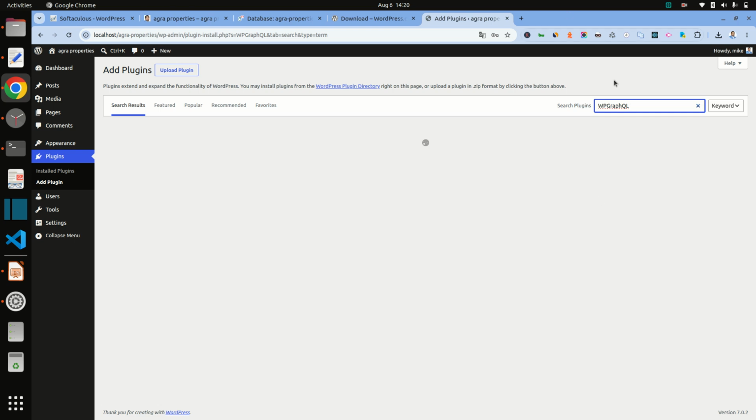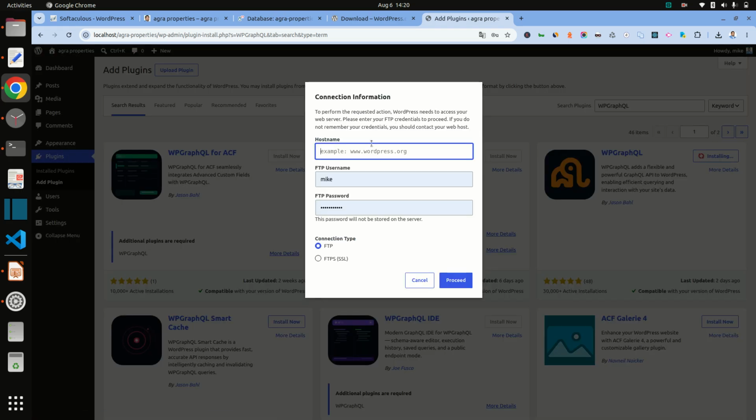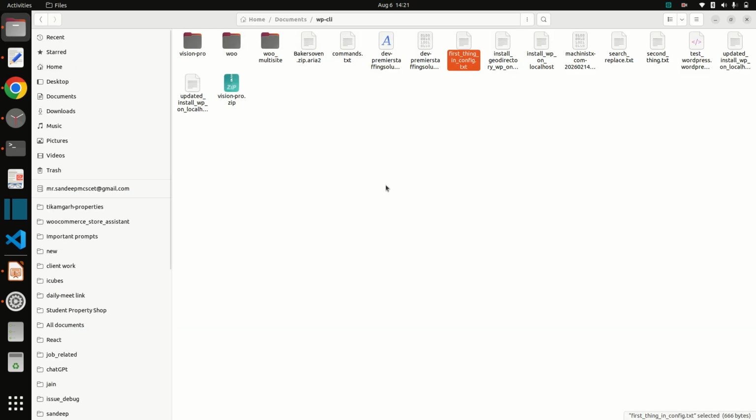As I am on Linux, it can ask for something like FTP details. I have one solution to fix this issue: we will define the FS method as direct in wp-config.